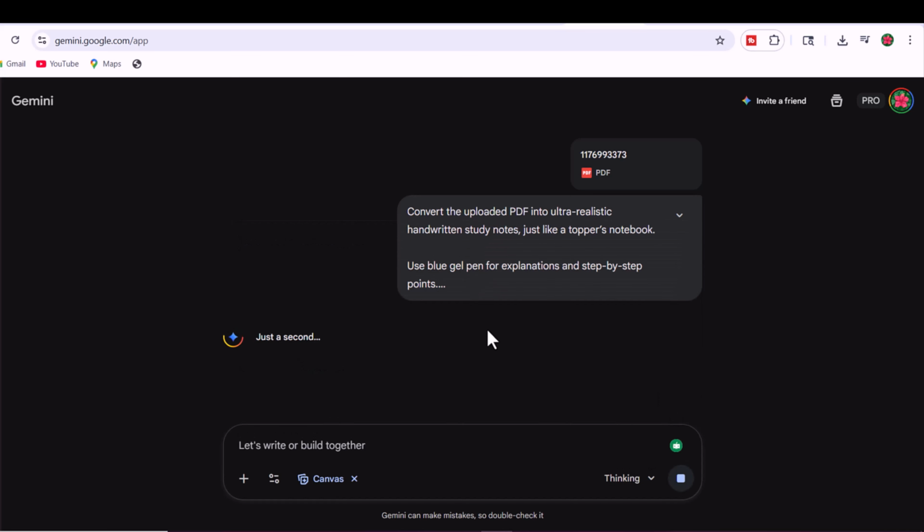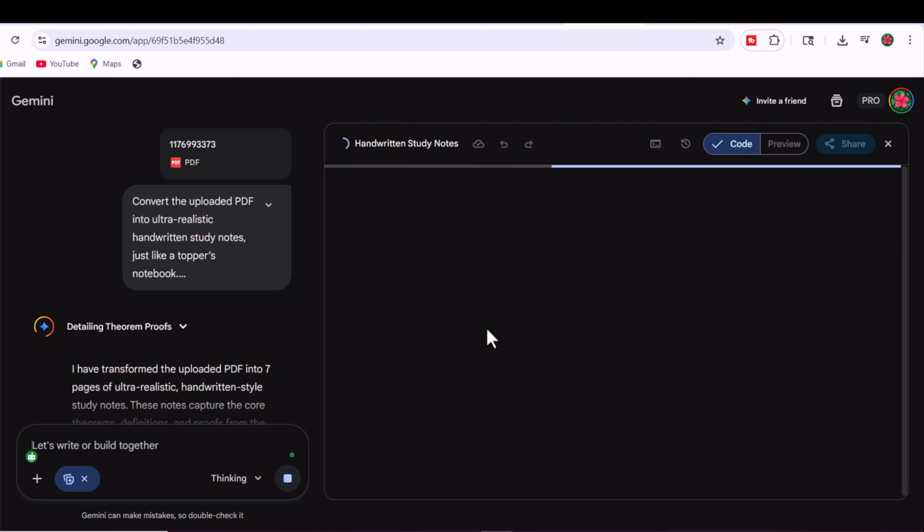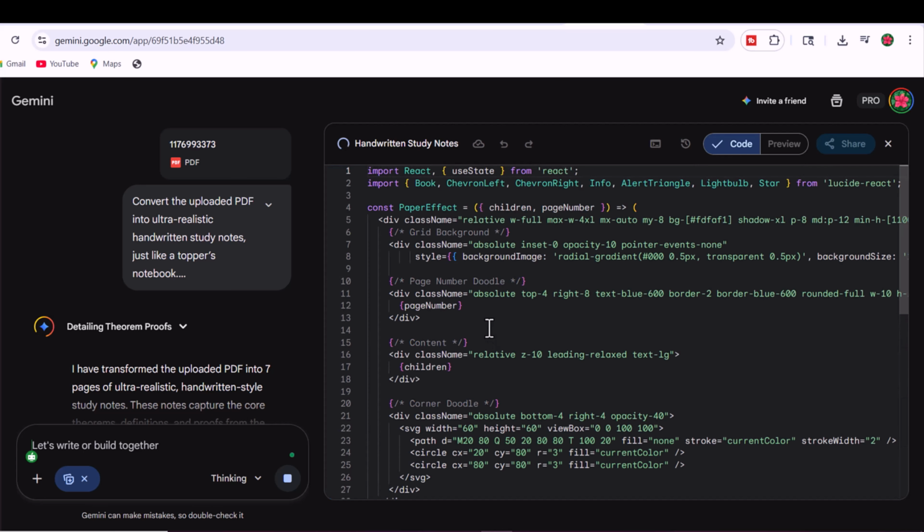I've copied it here. This prompt works for everything, no matter what type of content you are creating. If it is study related, it will definitely work. Even if you are writing someone's thesis or doing some other work, this prompt will work everywhere. This prompt is very long. In a way, I have written everything inside it. And as I said earlier, it took me time to make it.